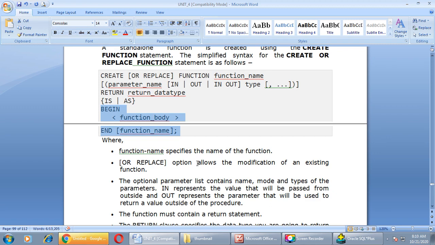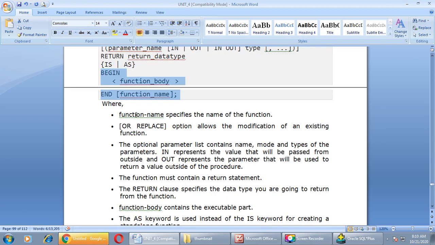Whatever is written in square brackets is the optional part, you can omit this according to your need. The optional parameter list contains the name, mode, and types of the parameters. In represents the value that will be passed from outside, and out represents the parameter that will be used to return a value outside the function.